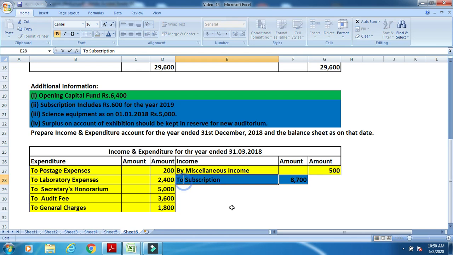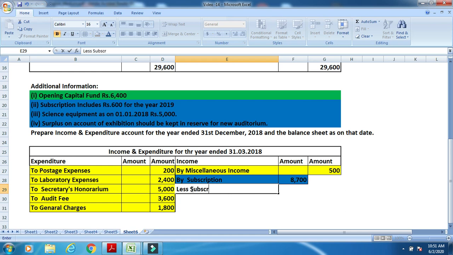So to becomes by subscription 8,200. What is the adjustment here? The second adjustment: subscription includes rupees 600 for the year 2019. The income and expenditure account mentions only the current year 2018. Don't consider any non-current year. That's why here we deduct,